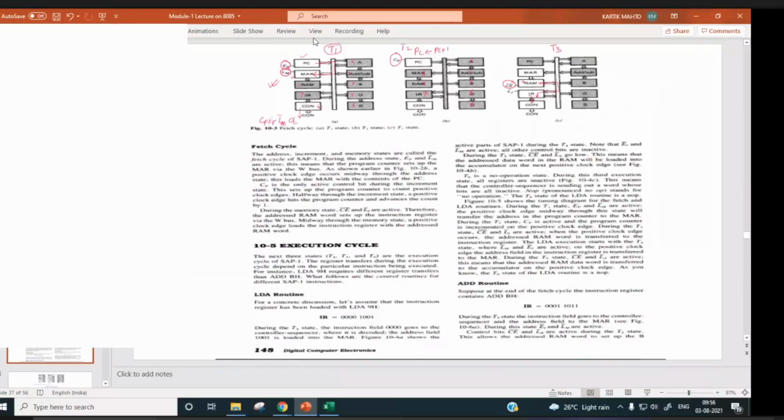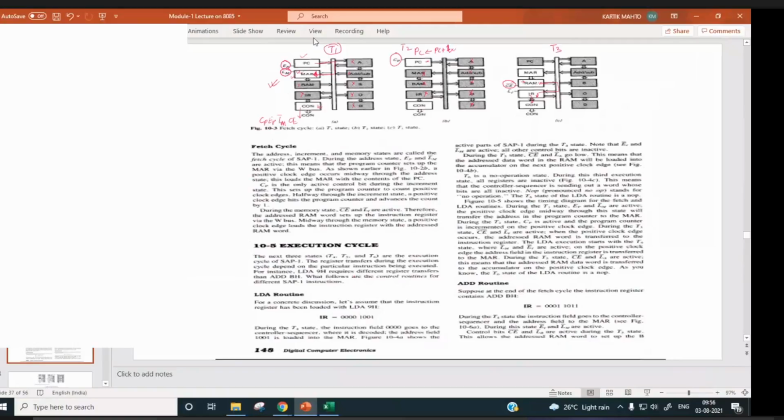So program counter is outed, right? So address from the program counter, instruction address is actually outed and it is loaded to MAR. During T2, this decoding and other part is being done inside the MAR. So that time period is actually used for incrementing the PC, right? So PC is incremented here.